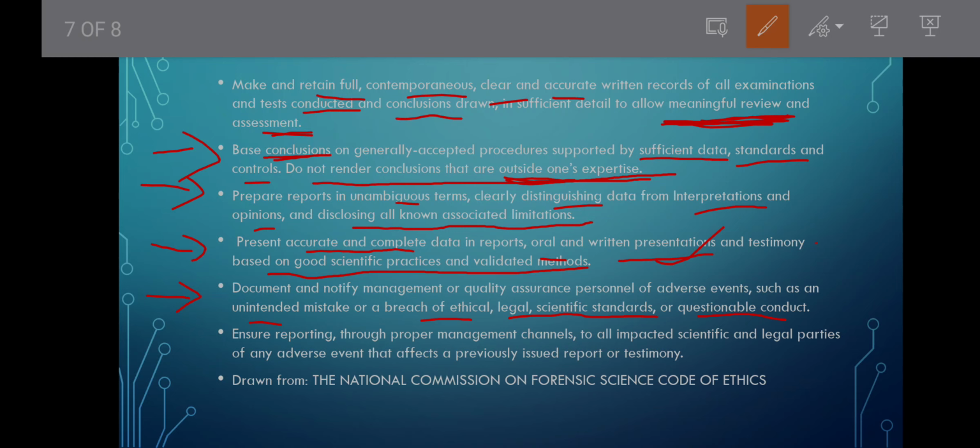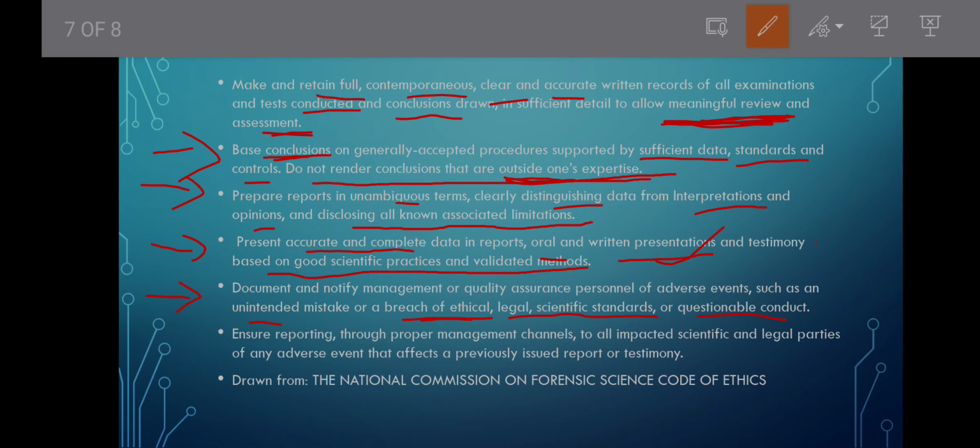As a forensic expert, there will be lab technicians and other persons in charge below you, right? So you should conduct that examination properly. I mean, there should be no mistake, and no breach of ethical and legal scientific standards. Everyone should follow a particular path, like the validated methods, and the techniques used and accepted,